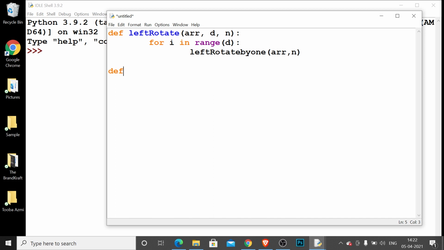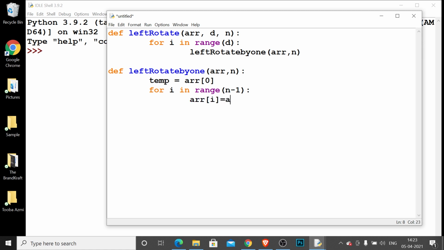Next line, def leftRotateByOne(r, n): temp = r[0], then for i in range(n - 1): then r[i] = r[i + 1], then r[n - 1] = temp.